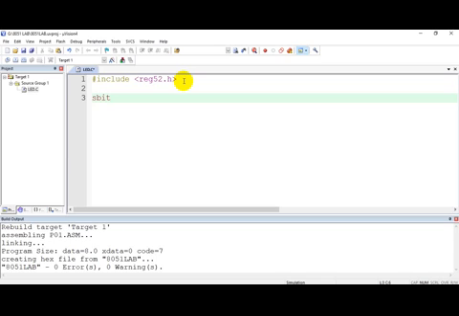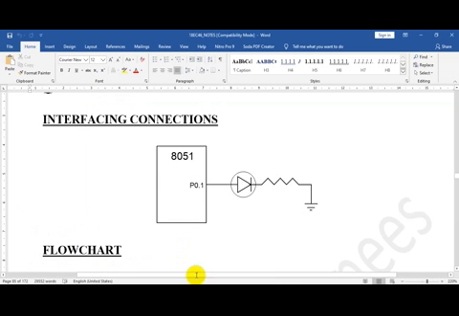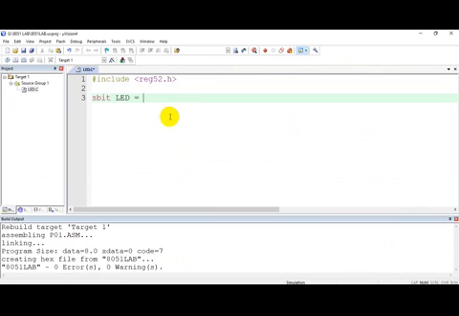You can give any name, but since I am connecting an LED, I will give the name LED equal to. To which port pin am I connecting? I am connecting to P0.1. So that is P0. You cannot write 0.1 like this. Rather, you should use P0^1. This is the way that we can access a port pin in C language.